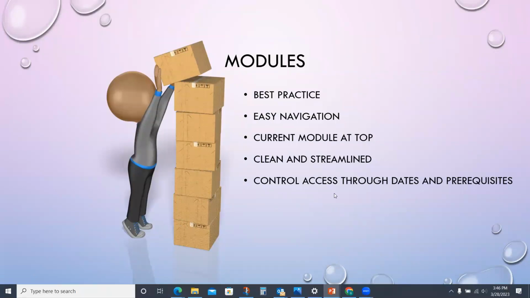You can also control when the students access the modules and the items in the modules through dates. So you can set dates for your modules at the beginning of the semester, and the modules will not open until the date that you set.